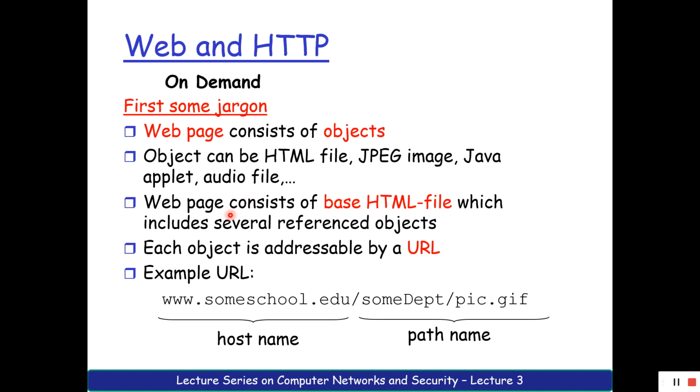So a web page always consists of a basic HTML file which includes several referenced objects. That's what I told you, when you open Google, it actually opens an HTML file. In that HTML file, you have small files, that is your image files, that are placed there, correct? So it has a basic HTML file, and you have certain referenced objects to that. So for example, if you want to see,